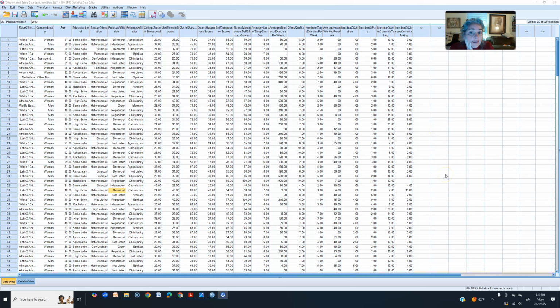I am currently in SPSS and what you're seeing is a data set from a study on college student well-being, where we had a number of data points that we collected from participants. We first collected, I'm not going to go in order, but how it's listed here is the demographics first. So we collected demographic data on race and ethnicity, gender identity, age, education level, sexual orientation, political affiliation, and religious